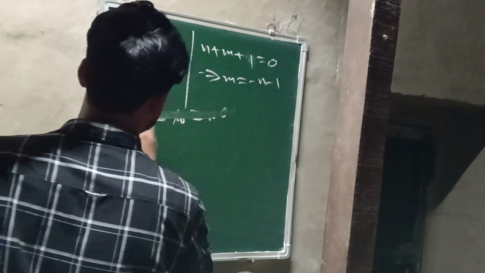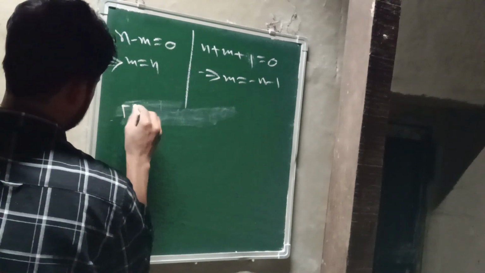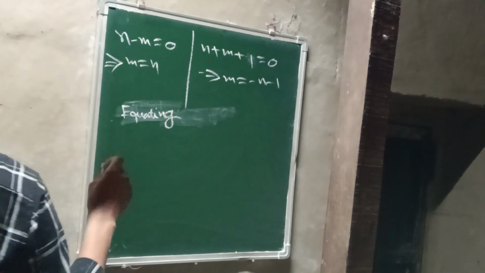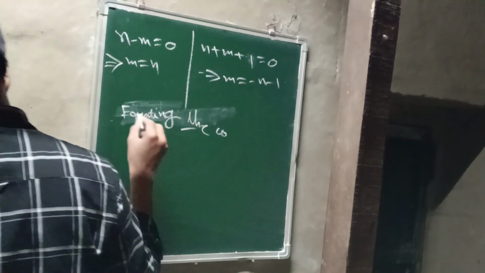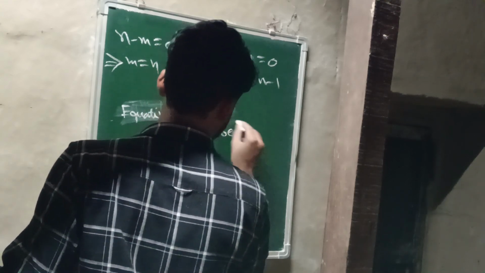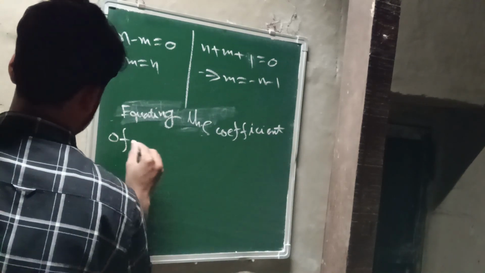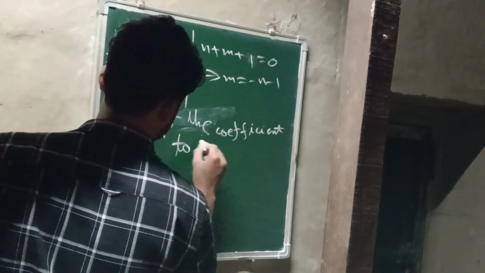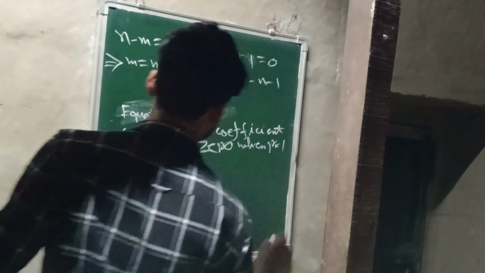Equating the coefficient of x to the power m minus 1 to 0, when r equal 1 we get